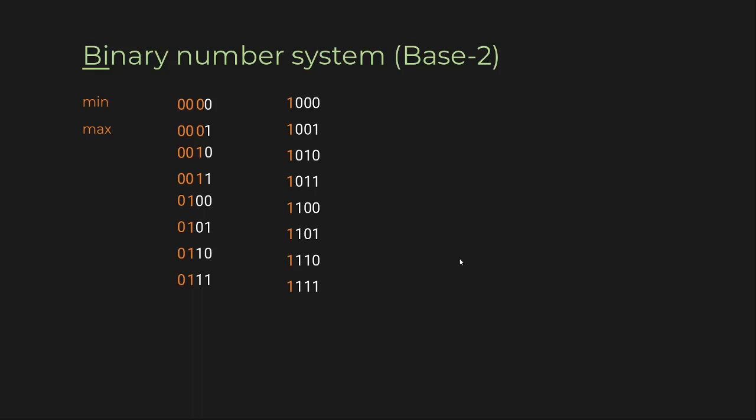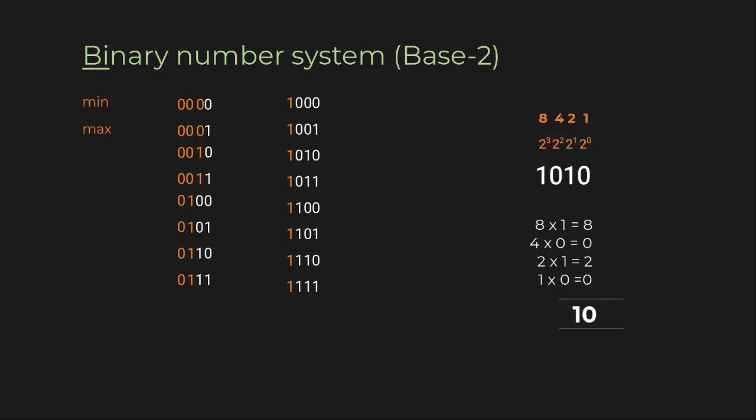Let's see an example of how a number is valued in this system. Take an example of 1010. In case of decimal system, the value varies by power of 10. In this case it's a base 2 system, so the value varies by power of 2. First one is 2 power 0, 2 power 1, 2 power 2, 2 power 3 and so on. If there are more digits, it will be 4, 5, 6 like that. Multiples of 2. 2 power 0 is 1, 2 power 1 is 2, 2 power 2 is 4, 2 power 3 is 8 and so on.